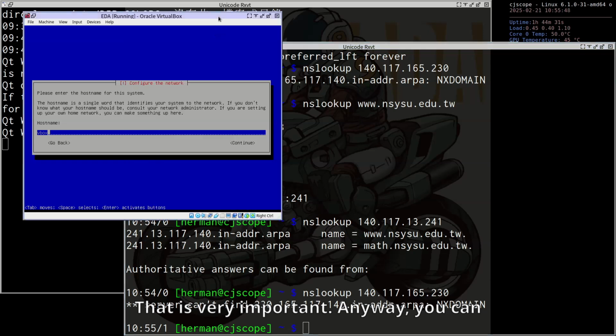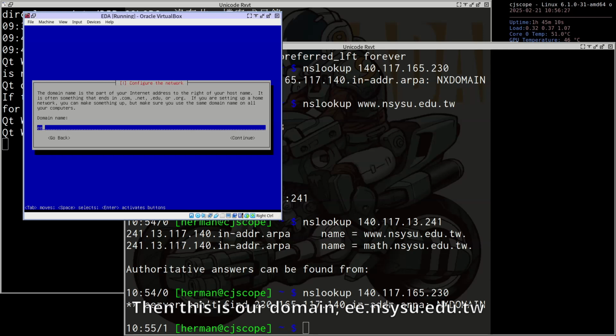Okay, anyway, you can input, for example, my host name is Hunter. So I input my host name here, and you have a host name in front of you, right? Please input your host name here, then okay. In this screen, you can press tab. Let me show you. If I press tab, you can see I can move my cursor between different fields. So I press tab to change it to continue, then press enter.